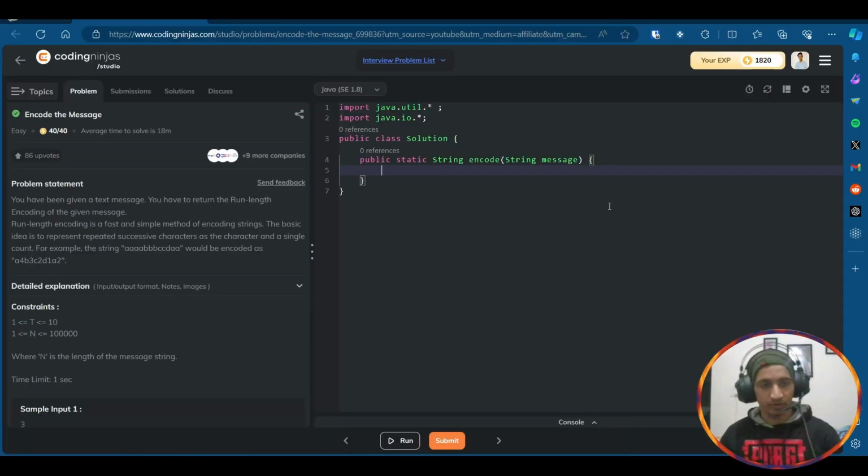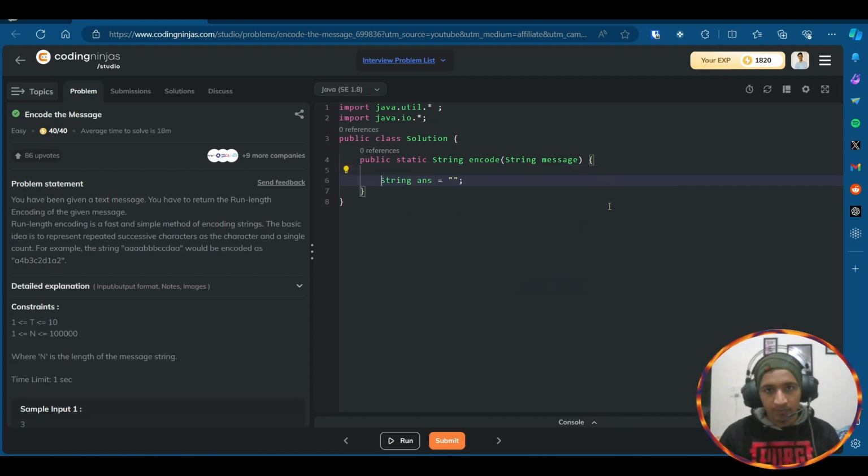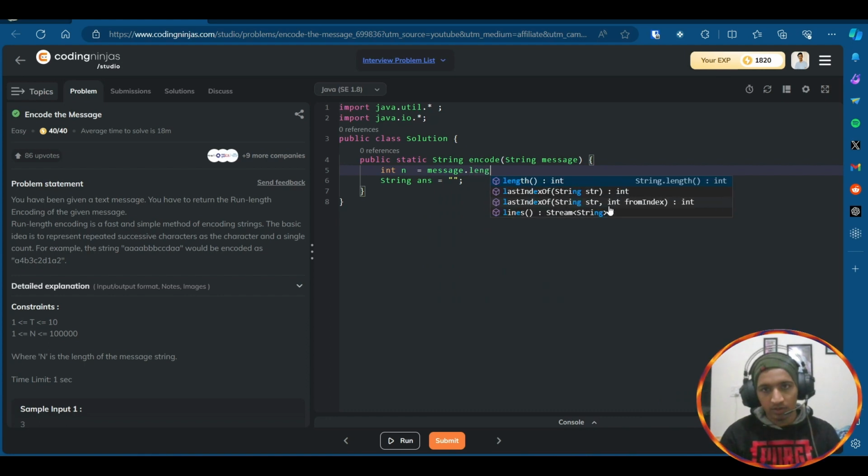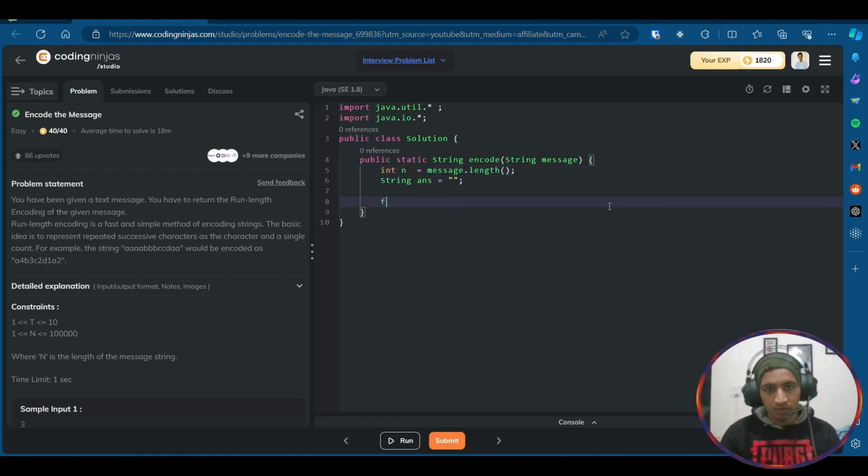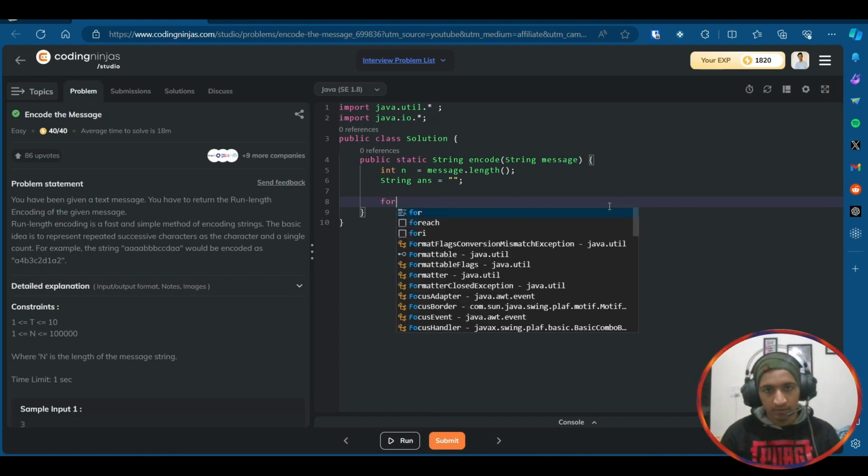So what we'll do is firstly we'll take a string answer. We'll take int n, which will be equal to message dot length. Now what we'll do is for,